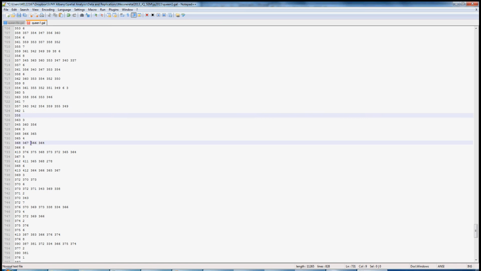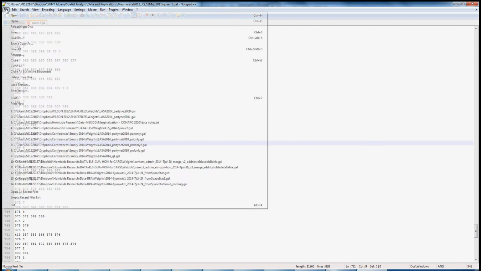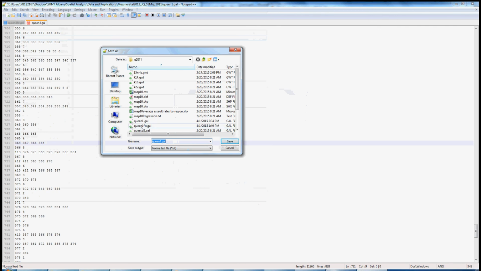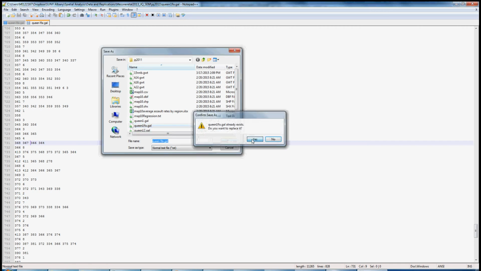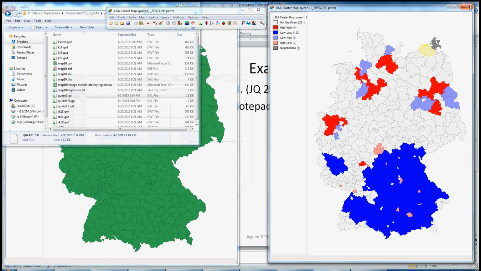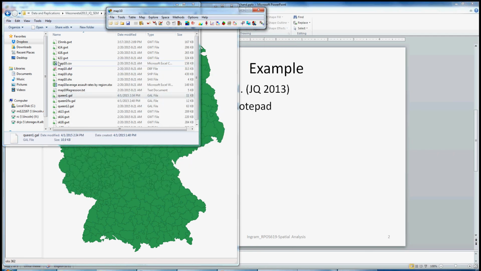So we've just fixed the weights file by hand. Let's save this under a different name. So we could save this as Queen 1 fix, which I've already done previously, or I'm just going to replace it as Queen 1 fix and save that to yes, replace, and let's close out of here and close this, and let's redo this analysis selecting a new